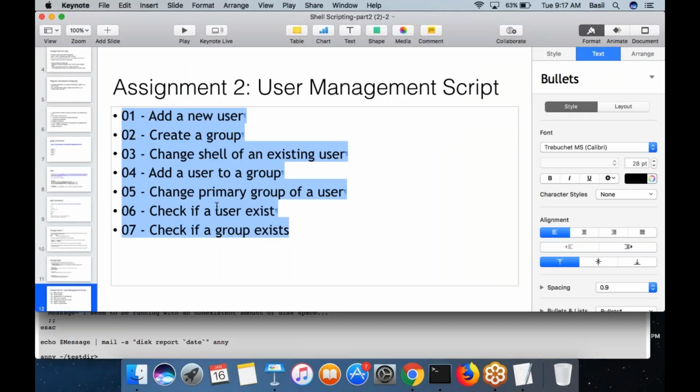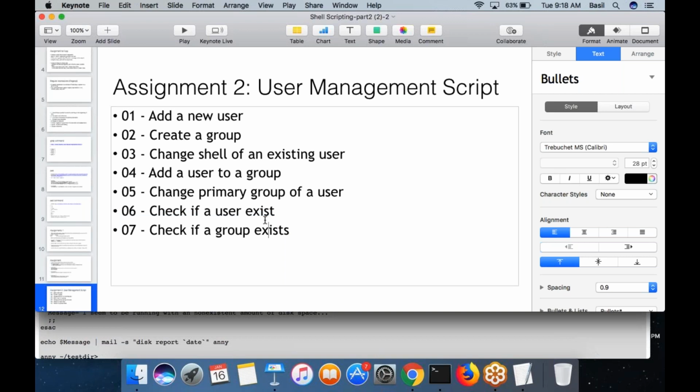You know all these things, how to do. How will you verify if a user exists? etc password is the file that you need to check. Maybe you can use a grep command, and after running the grep command, you can check the $? value to check if the user exists. etc password is the file you need to check if the user exists. Which file would you check to find if the group exists? etc group is the file. If you see an entry inside that file, the group exists.